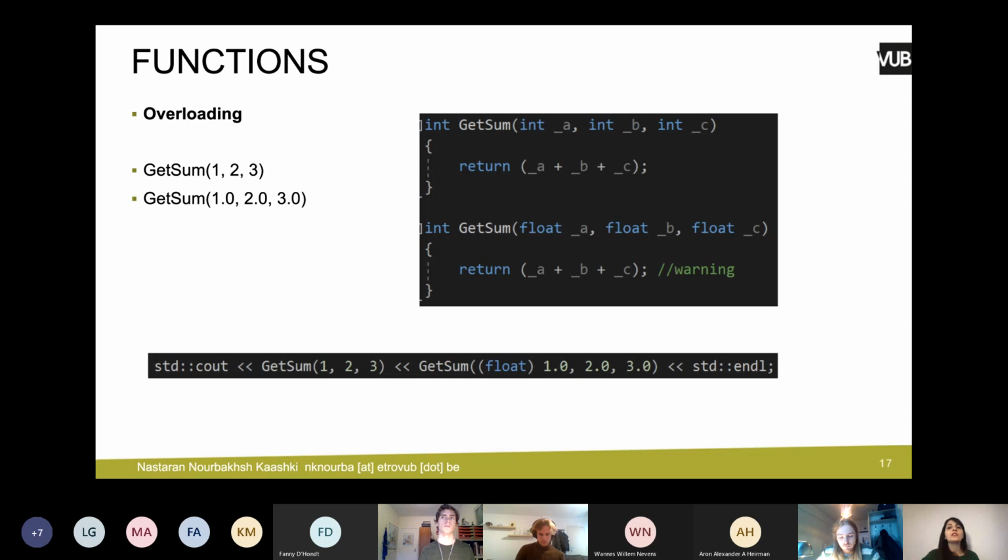For example, I'm going to construct a class. I can overload the constructors of my class. And so the task is the same. I'm constructing a class, okay? But from different data,